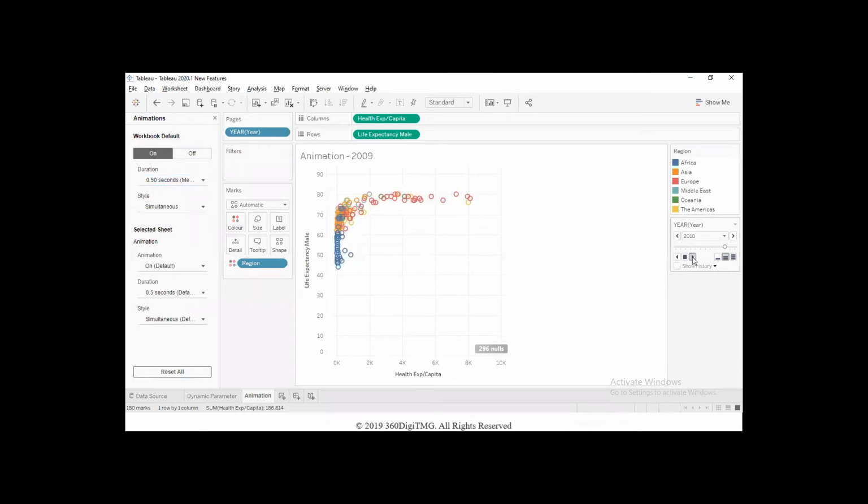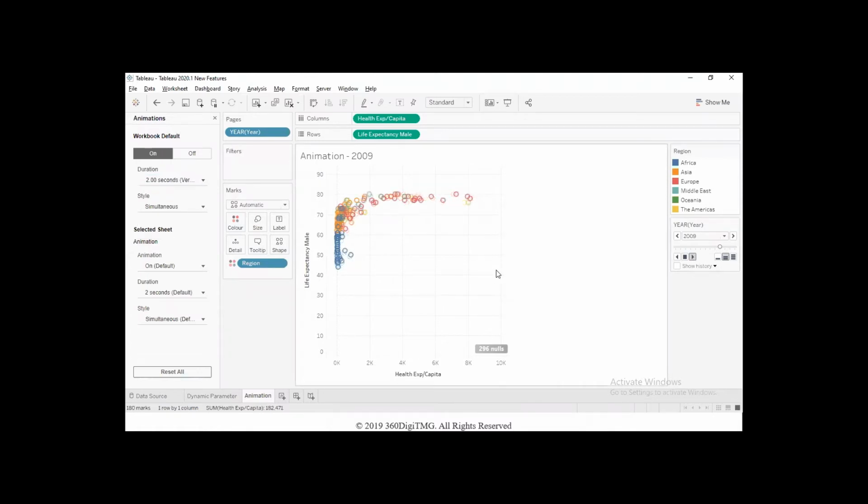You see how the transition is happening now compared to what it was earlier without the animation. You can see the difference. Suppose I turn off the animation and hit the play button. This is how it was going: 2001, 2, 3, and so on. And when I turn on the animation, you can see a very smooth transition of the data points happening there. Okay, let us further increase the duration to maybe 2 seconds. So it will be very, very slow.